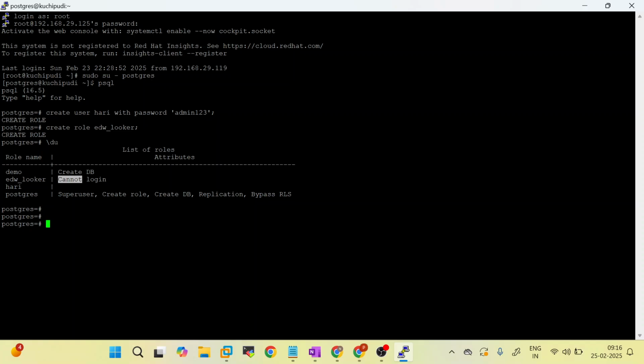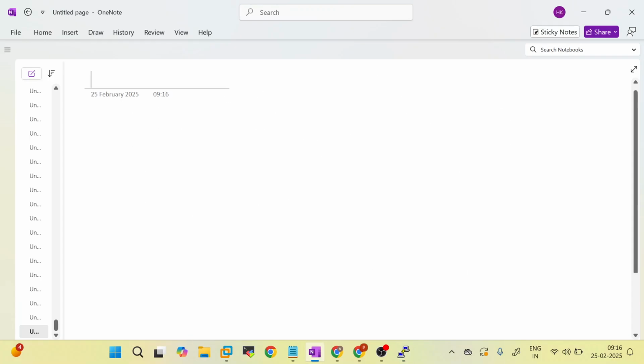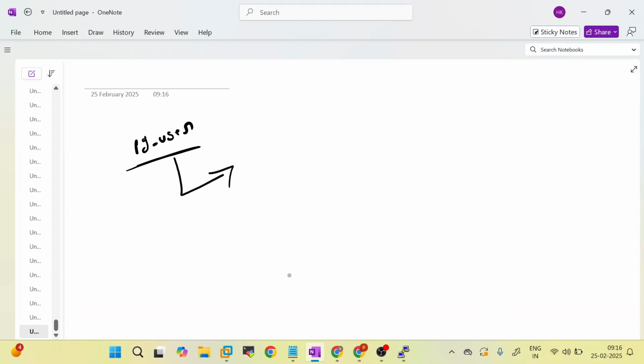And one more thing: as discussed, pg_user is a data dictionary. Okay, pg_user is a data dictionary which contains the information about all the users and roles, right? There is a small catch here. pg_users is a data dictionary which contains the users and roles